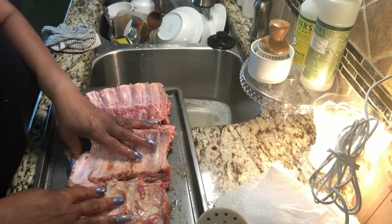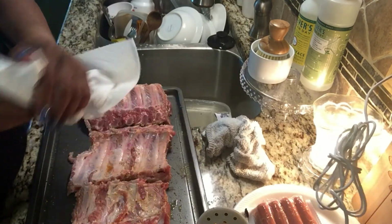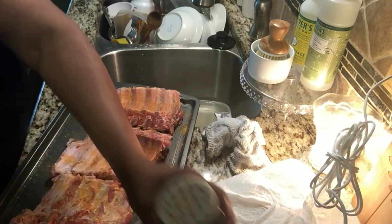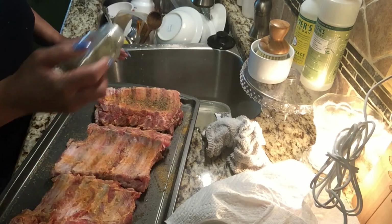And here the meat is all cleaned and ready for seasoning, and I am going to let it saute for a bit in the refrigerator when I'm done. So that's what you'll see me doing here. I will add additional vinegar to this when I allow it to saute in the refrigerator for about, let's say,